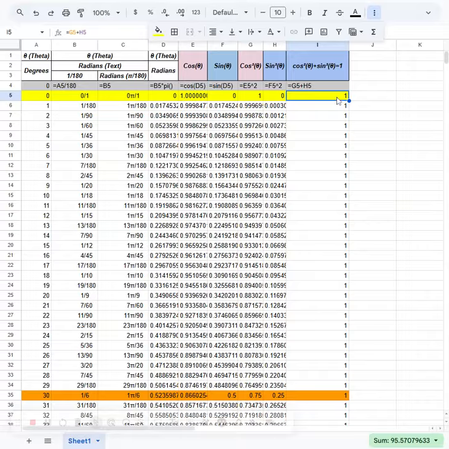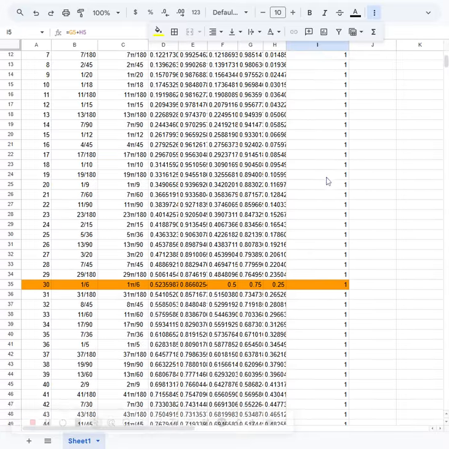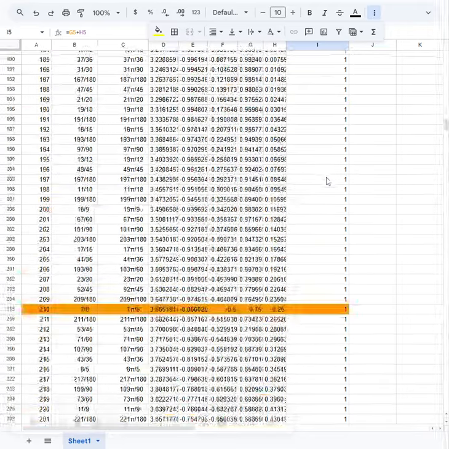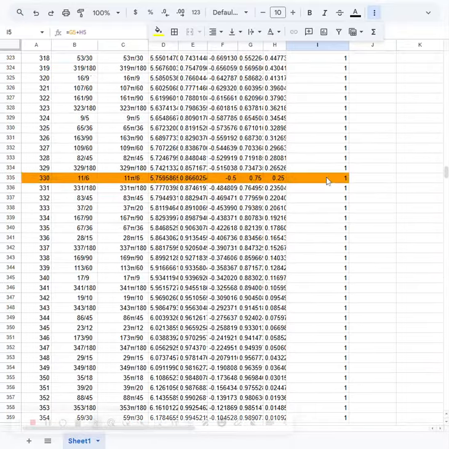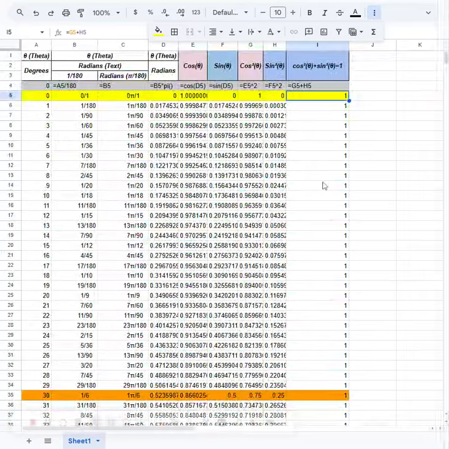But notice how every single time when you add cosine squared plus sine squared, it's always equal to 1. No matter what degree it is, it's always equal to exactly 1. This is called the Pythagorean trigonometric identity. Okay, and we just kind of proved it using a table of data. This is a lot of evidence supporting that. We're going to